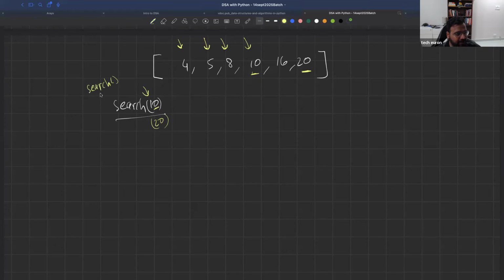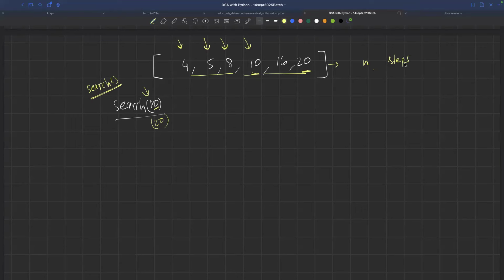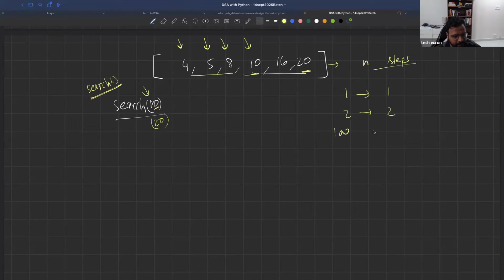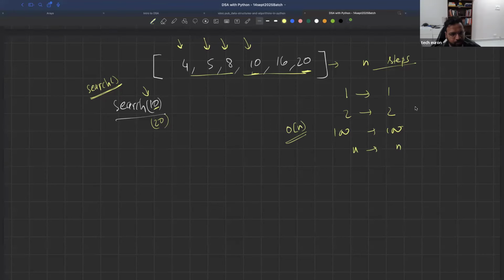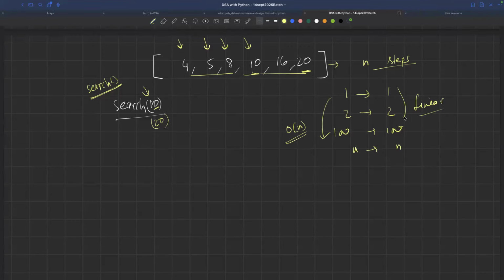टाइम कॉम्प्लेक्सिटी search 10 का नहीं होता है, search का होता है। अगर मैं आपको कोई भी एलिमेंट search करने बोलूं, तो n स्टेप, जितना इसका लेंथ है उतना स्टेप्स लेना पड़ेगा। क्योंकि अगर एक एलिमेंट था तो एक लेना पड़ता, दो था तो दो लेना पड़ेगा, अगर 100 है तो 100 लेना पड़ेगा, n है तो n लेना पड़ेगा। तो इसको हम लोग बोलेंगे O ऑफ n। इसको हम लोग बोलेंगे लीनियर। लीनियर क्यों? जैसे जैसे इनपुट साइज बढ़ रहा है, वैसे वैसे लीनियरली इंक्रीज हो रहा है।